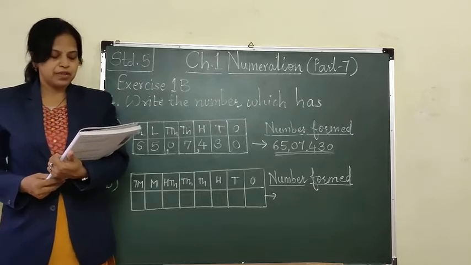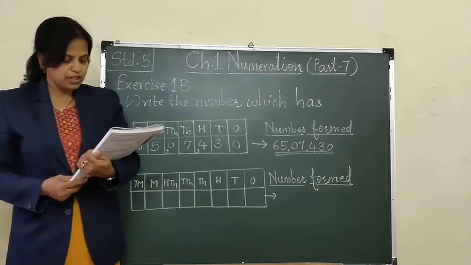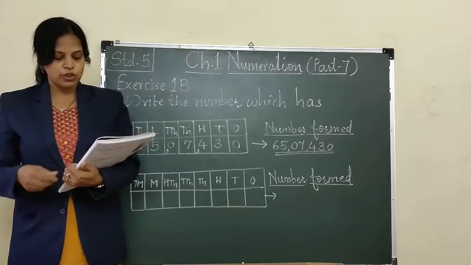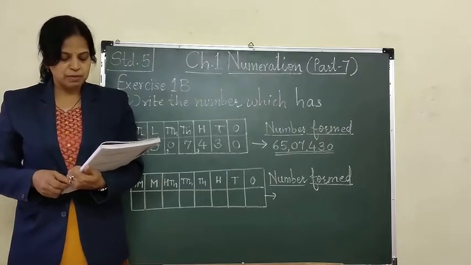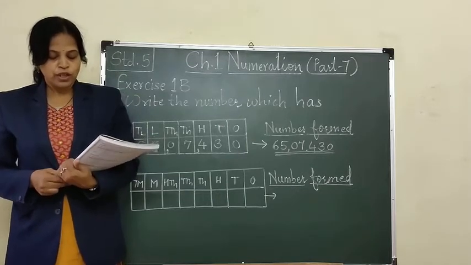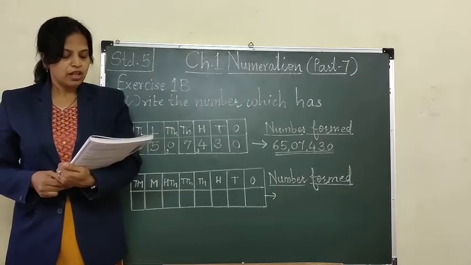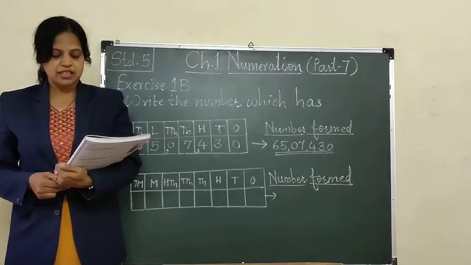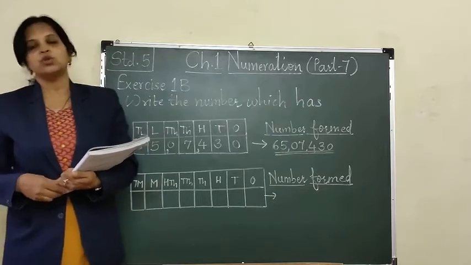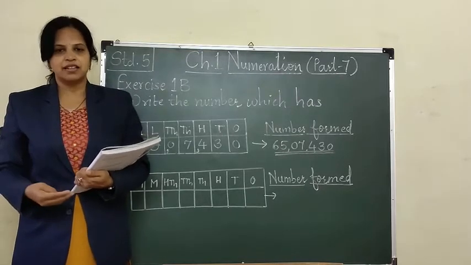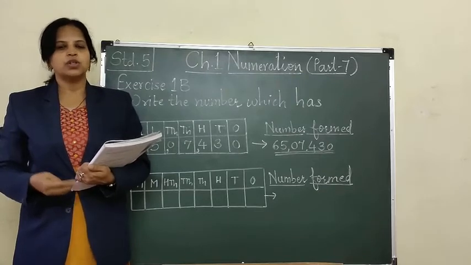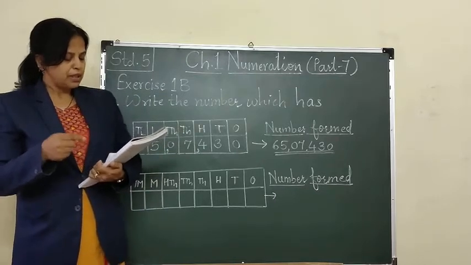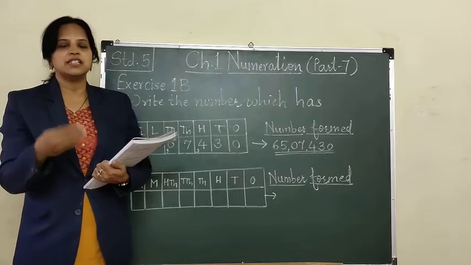Now question number B. See here, 3 in 10,000s place, 0 each in ones, thousands and millions place. Means 0 is present in ones place also, thousands place also and millions place also. 4 in 10 millions place, 2 in 100,000s place, 6 in hundreds place and 9 in tens place. If you read the problem carefully, you will come to know here 100,000s are there, millions are there. Then this number we have to write according to the international place value system. Here lowest place is ones and 10 millions place is the highest place here.